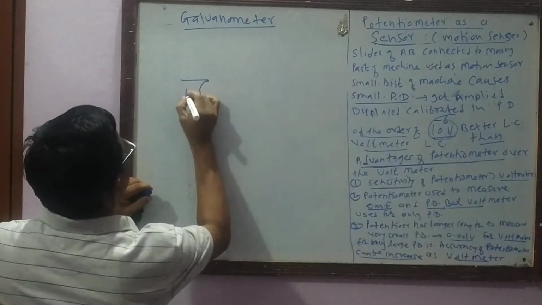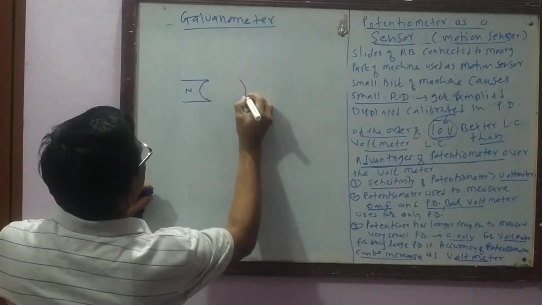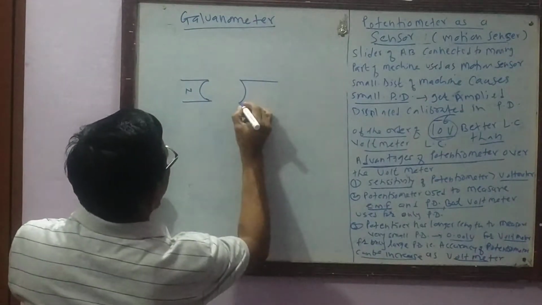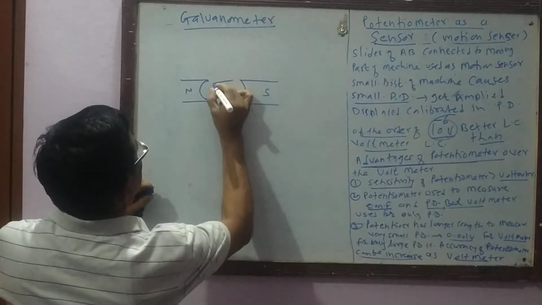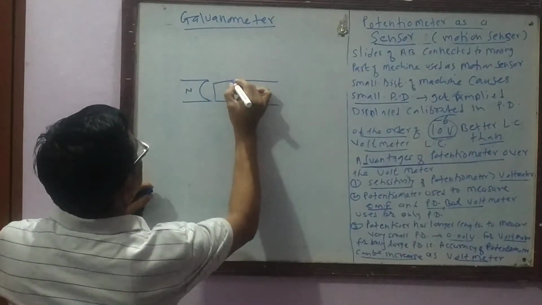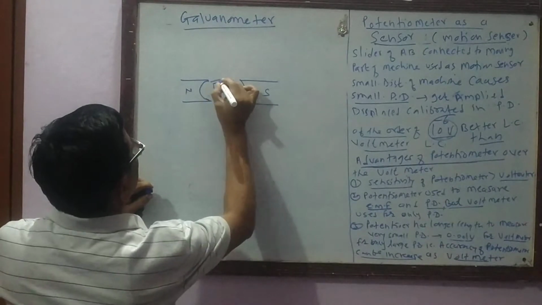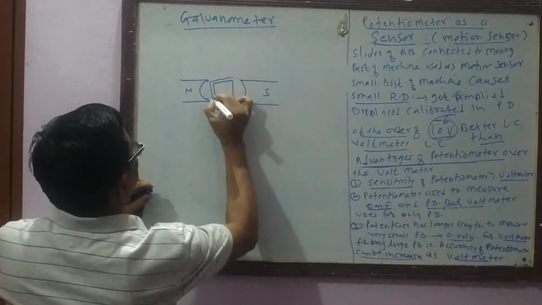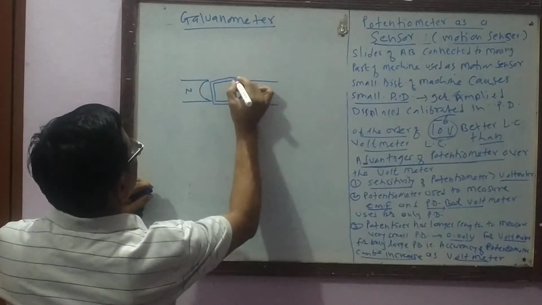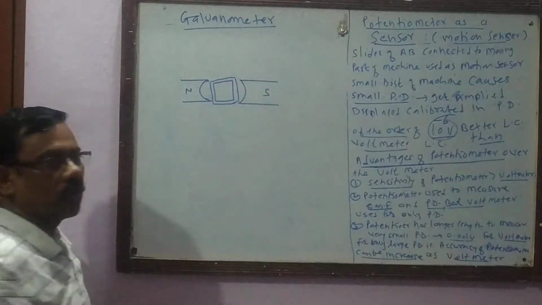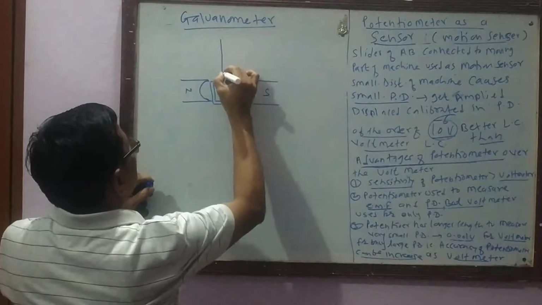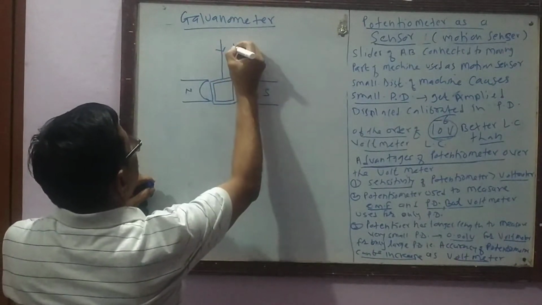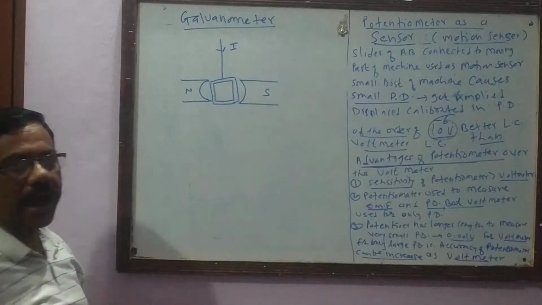This is the concave shaped magnet, that is the N pole, and this is the S pole, and this rectangular coil is placed, suspended in the two concave pole pieces of the magnet, so that a suitable current I is passing through it,